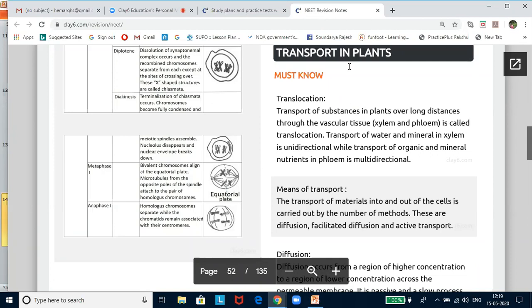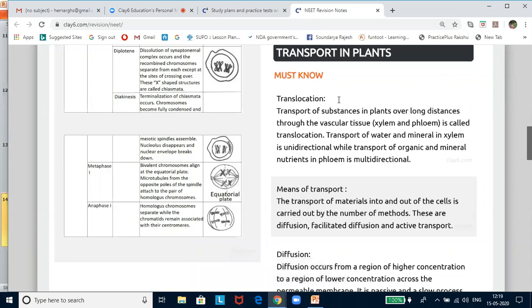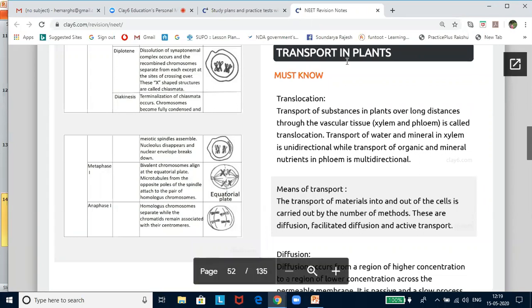Now, transport in plants. So you know that there has to be movement of water, gases, and nutrients in the plants. In a flowering plant, the substances that need to be transported are water, mineral nutrients, organic nutrients, and plant growth regulators. Over small distances, substances can easily move by diffusion and by cytoplasmic streaming supplemented by active transport. Transport over long distances proceeds through the vascular system. That is, xylem and phloem will aid in this transportation, and this is known as translocation.